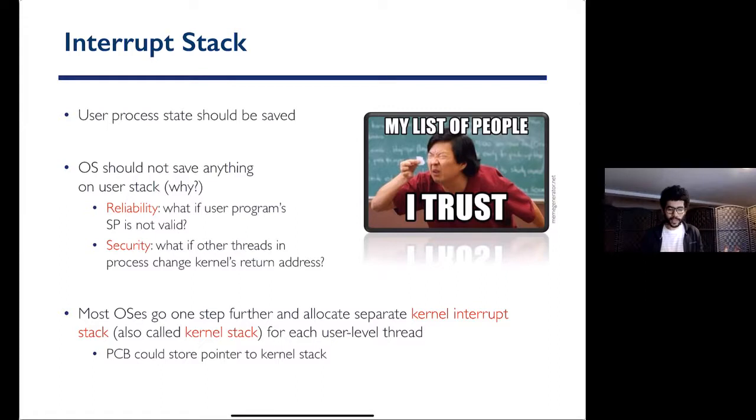a kernel stack. Somebody's like, Lou, funny memes. Yeah, thank you. So